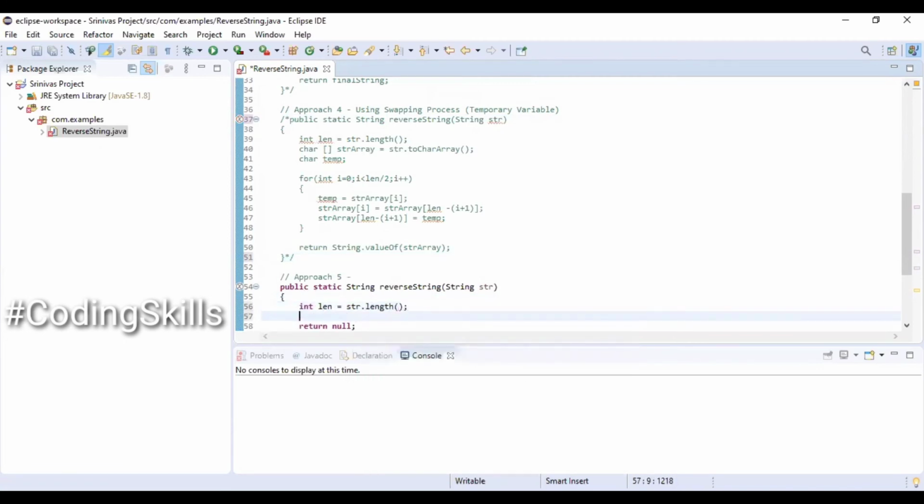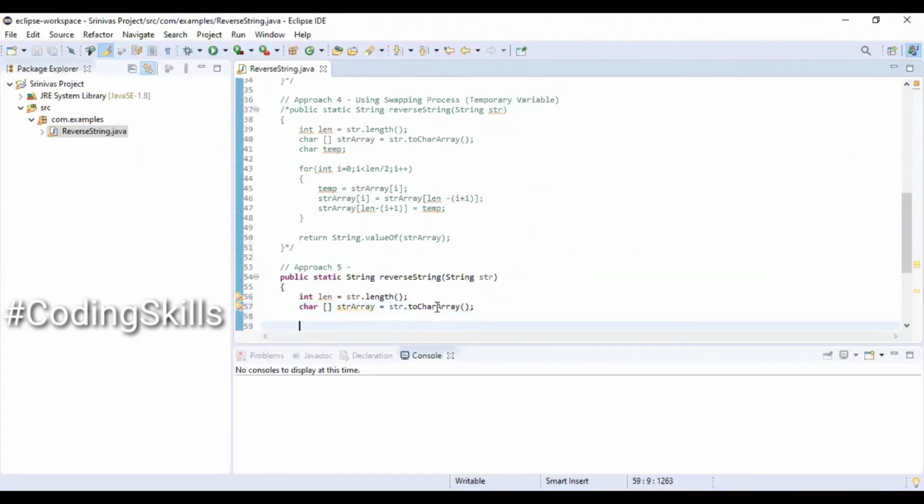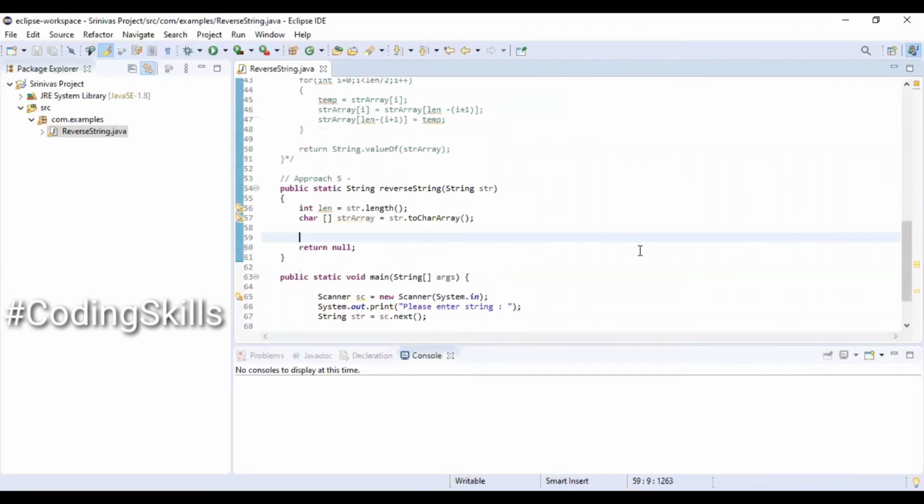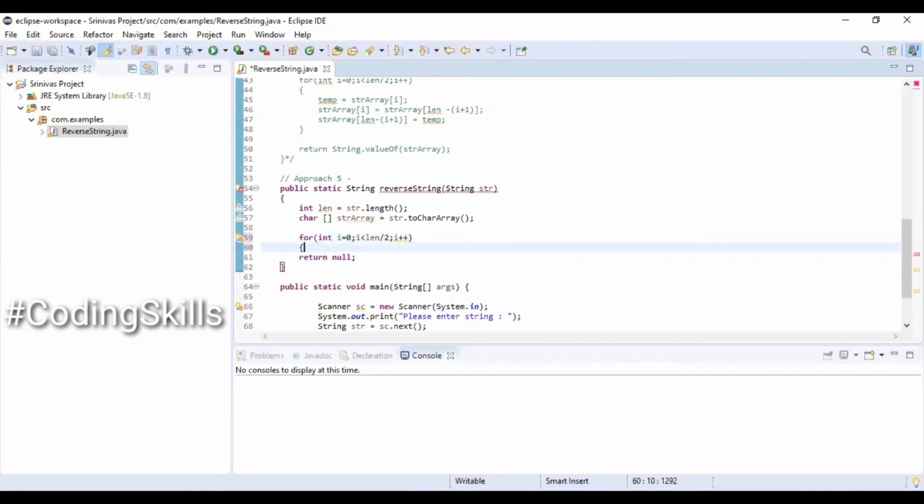Int length equal to str.length, char array strArray equal to str.toCharArray, for int i equal to 0, i less than length by 2, i plus plus.